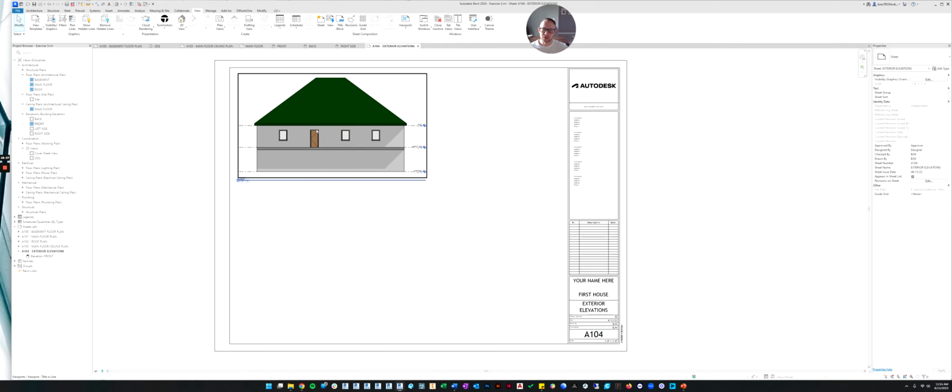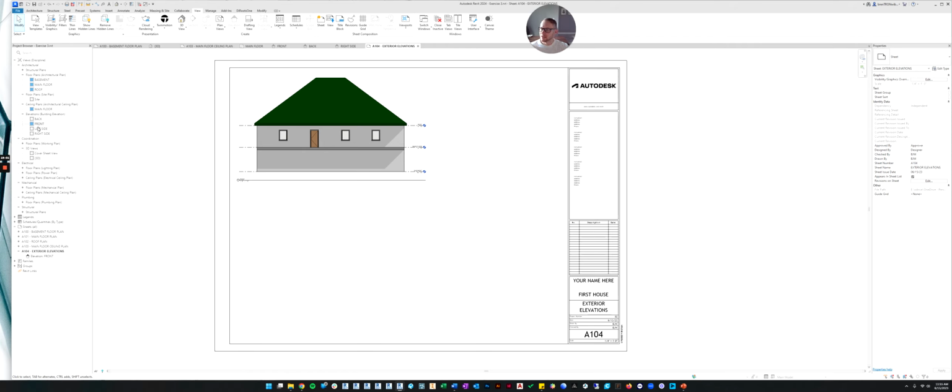But it's not good to just do the front, then the back, then the left and the right. It's kind of random. It's not so bad on a small house, but when you're doing a high school like I do, you want to help the person looking through the drawings understand they're going around the building in a circular fashion so that all the views they're seeing make sense. There could be like 15 exterior elevations. If you just randomly place them on a sheet, it's not easy for someone to understand what's happening.